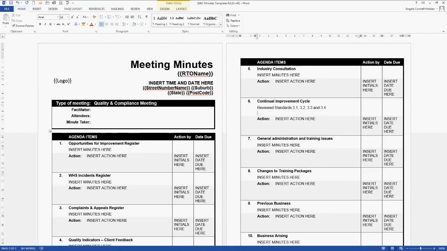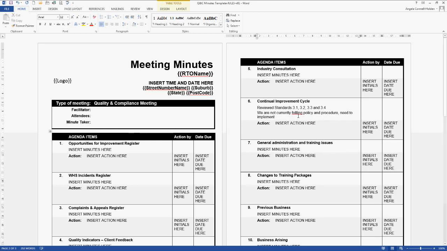And then you would put, this is what we found: we are not currently following this policy and procedure. Need to implement.